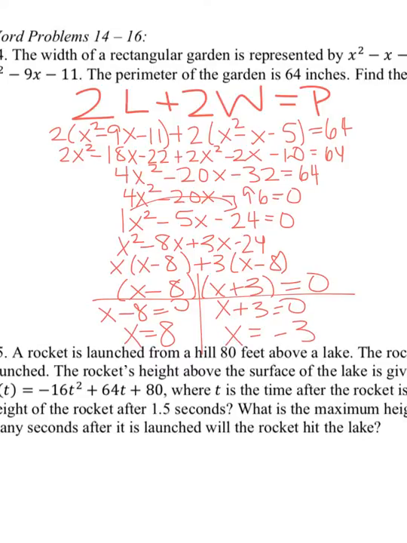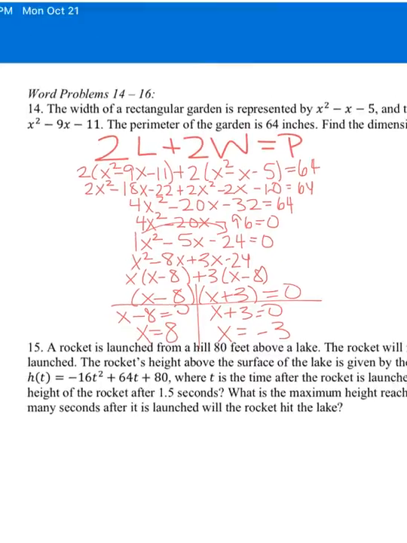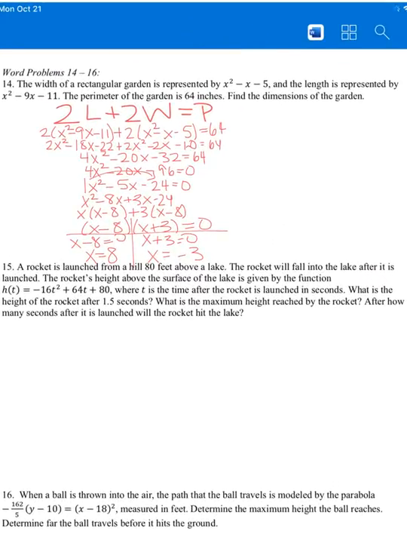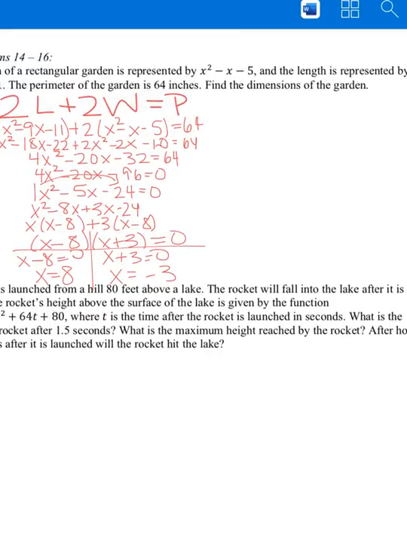Now I'm not done though, because the question wanted the dimensions of the garden. It doesn't want you to solve for x. It wants the dimensions. So I have to see when x is 8, what are the dimensions? When x is negative 3, what are the dimensions? So if x equals 8, I'm going to do this over here. If x equals 8, the length